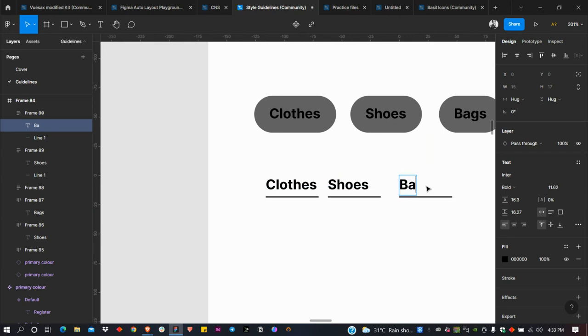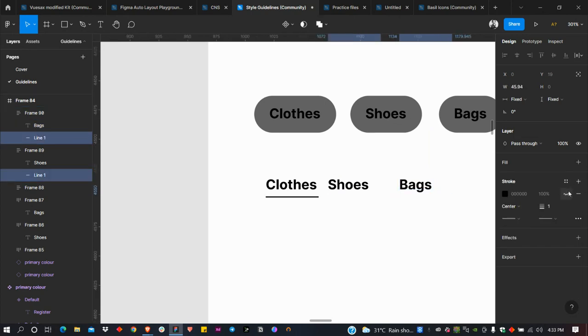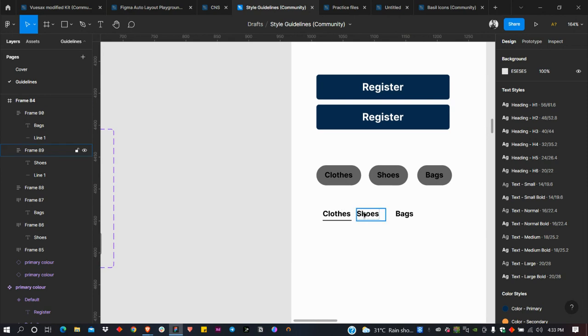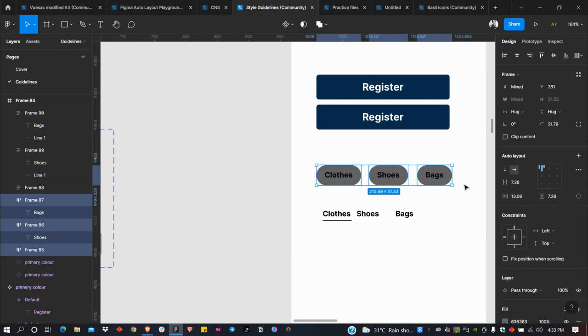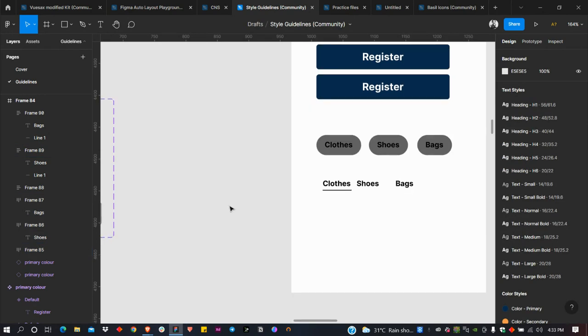So are you using this type of tabs or are you using this type of tabs? That's up for you to decide. So you decide on things like